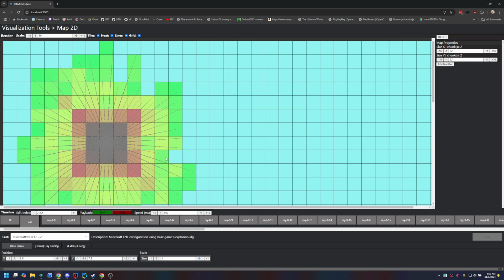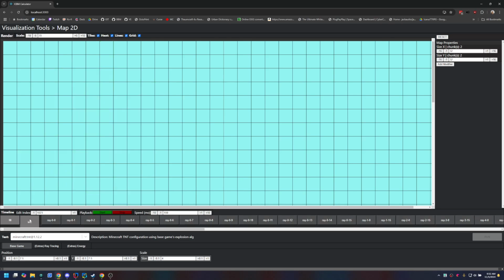So for that, I have the timeline scrubbing, where I can decide, okay, I want to look at my initial state, how did we start? In this case, there's not a lot going on, so our initial is pretty bland. But then I can look at ray trace 1, then ray trace 2, and so on. I can step through these and look at how my ray traces are behaving in pretty much real time,